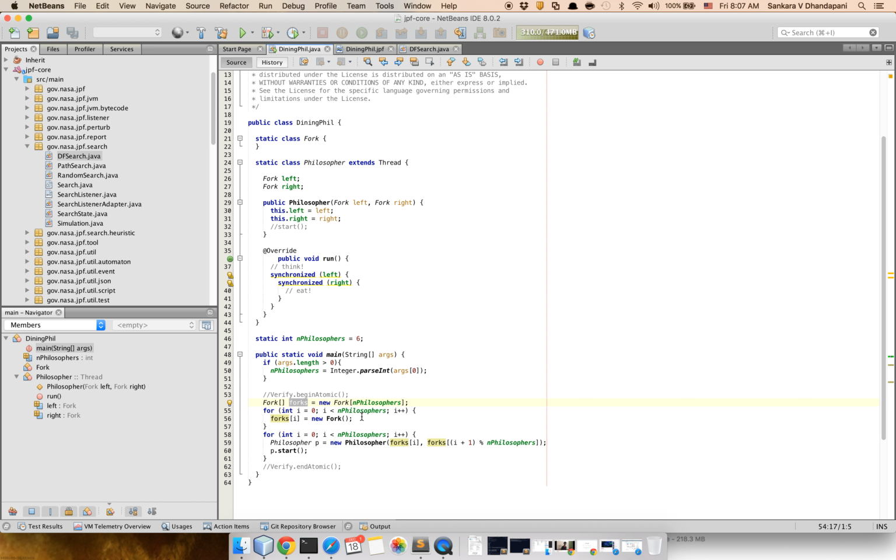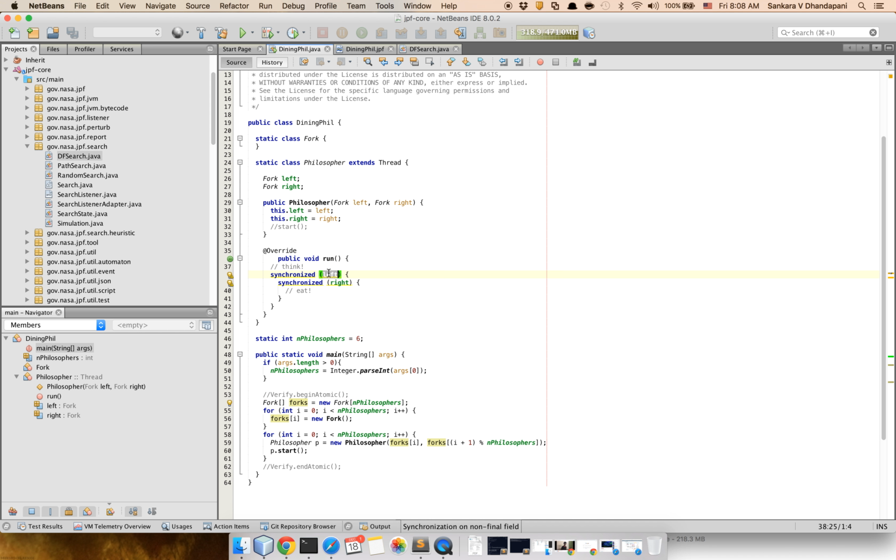As soon as we're initializing the number of forks, each philosopher gets 2 forks, and then we start. So there's actually a shared fork between every philosopher, and when there's a start, every philosopher first tries